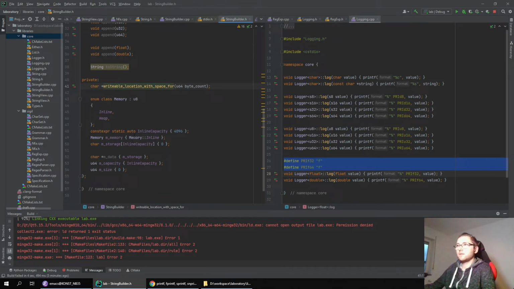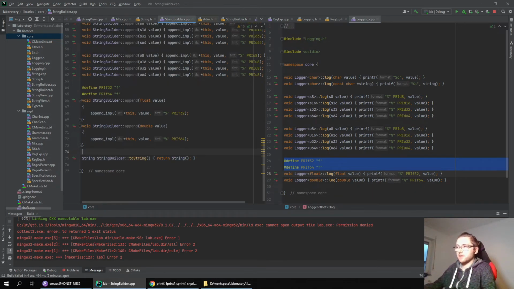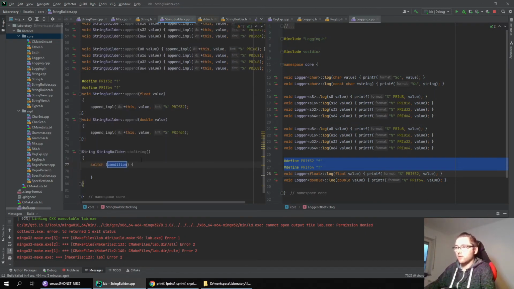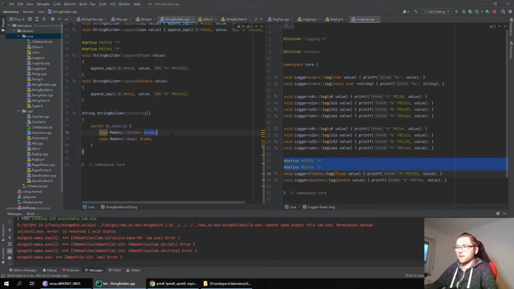So now using the last method, we are turning our string builder into a string. We have to differentiate two cases. If we only used our internal storage, we're going to have to allocate a new string. So then we're going to construct a new string by giving it a string view, pointing to our